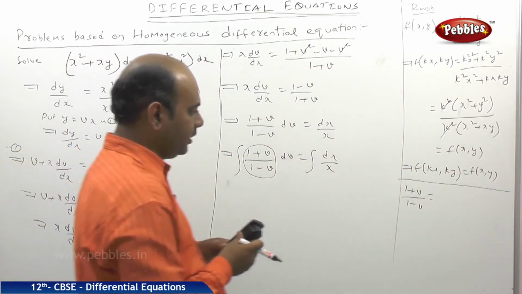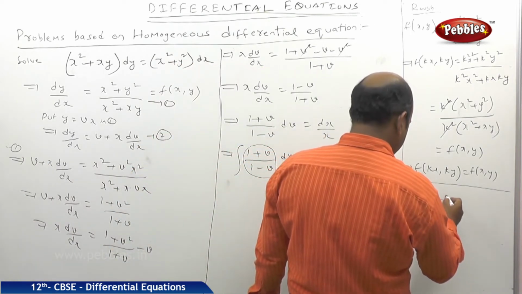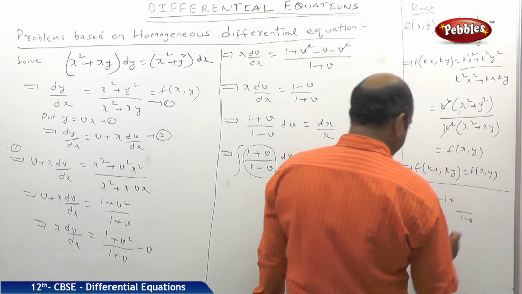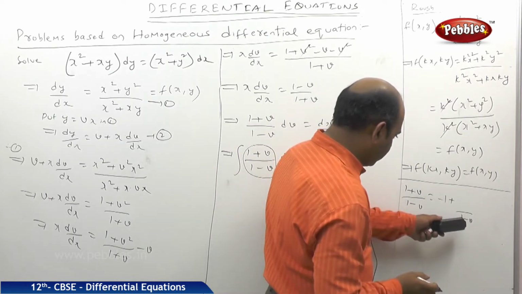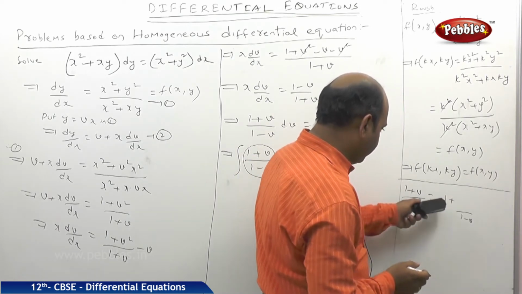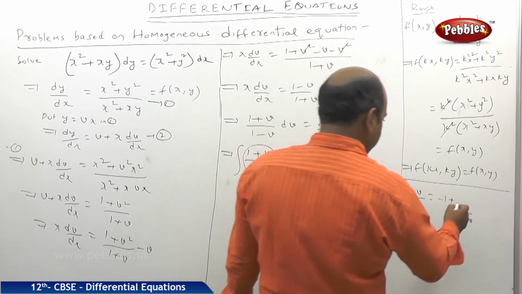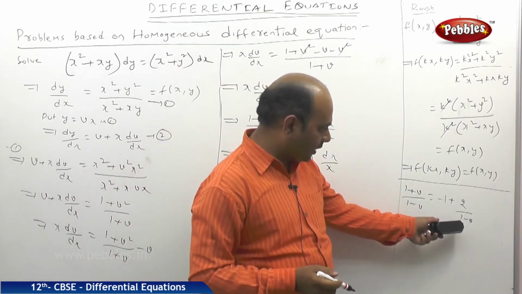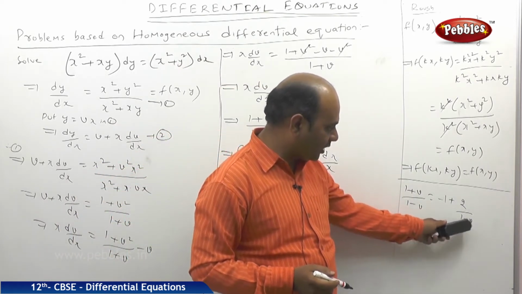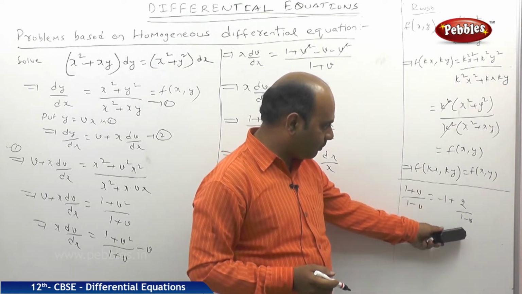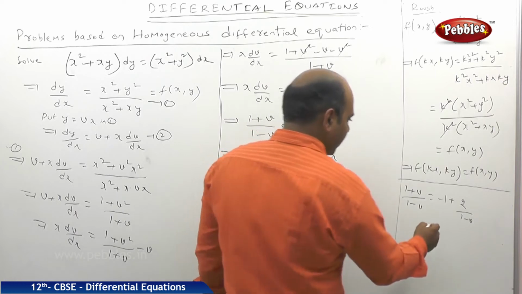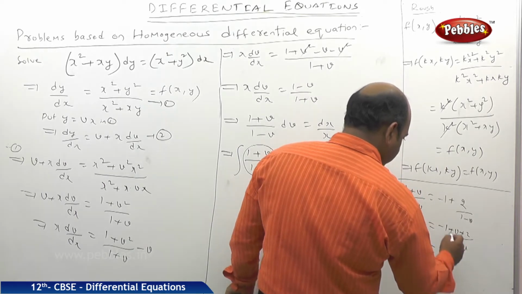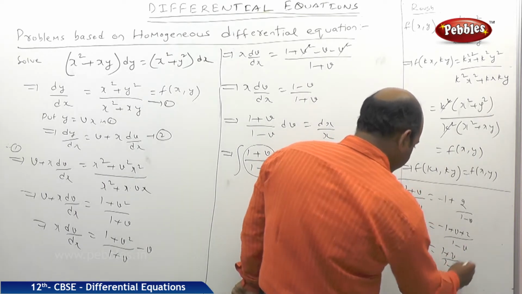So how can I do it? Minus 1 here, 1 minus v. If you see here, minus 1 into 1 minus 1, and minus 1 into minus v will be plus v. So here this can be 2. If you observe carefully, I think this is right. Minus 1 into 1 minus 1, minus 1 into minus v will be plus v. So minus 1 plus v plus 2. I think it is getting satisfied. Minus 1 plus v plus 2 by 1 minus v. So this happens as 1 plus v by 1 minus v.